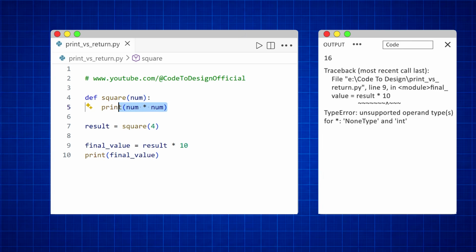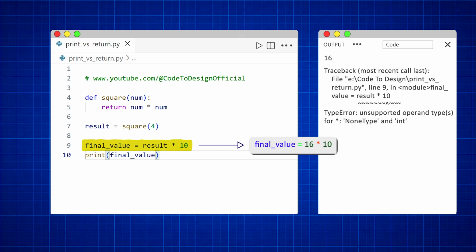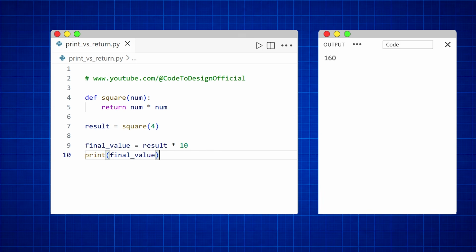Now watch what happens when we replace print with return. Now the function is no longer just displaying the value, it is sending the value back to the program. So now this line internally becomes this. So now when we run the program, we get 160 as the output. And this is the real power of return. It allows the output of one function to become the input of another part of the program,